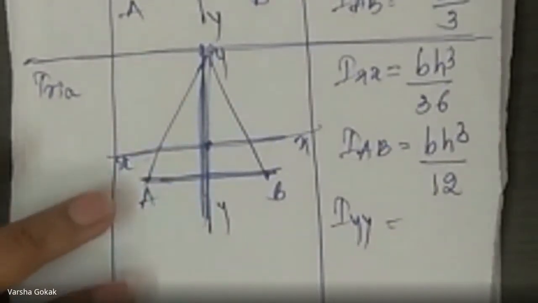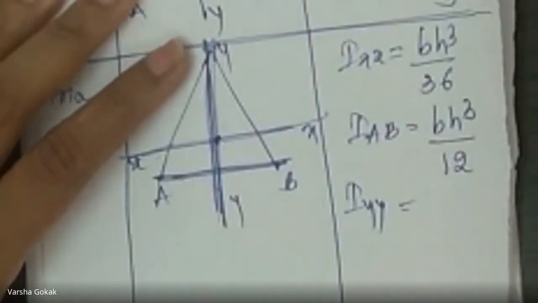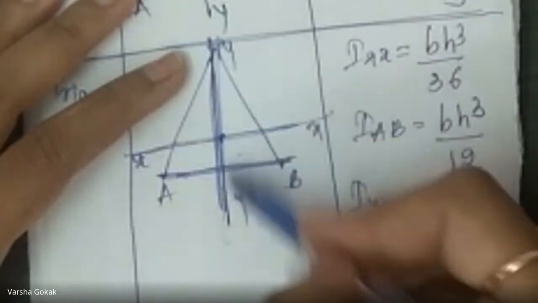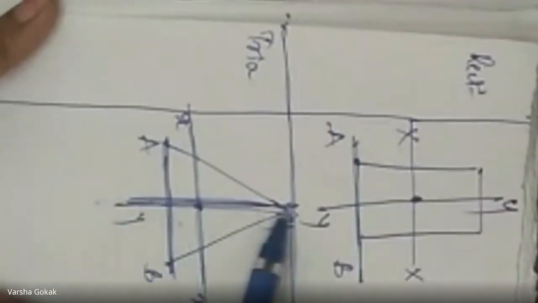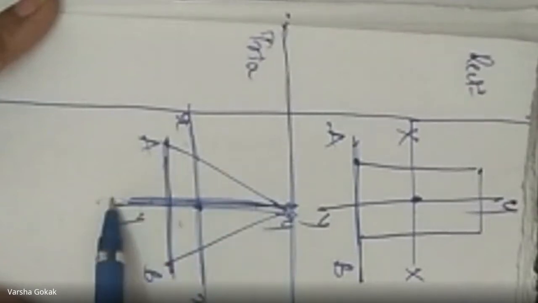Now, we have not derived this, okay? But when we are doing it for IYY, in numericals you will have to find IYY. So look at this now. I want the moment of inertia about this. If I tilt this page, I mean I want this, correct? IYY now is looking like Ixx, and I want the moment of inertia of this figure about this axis.